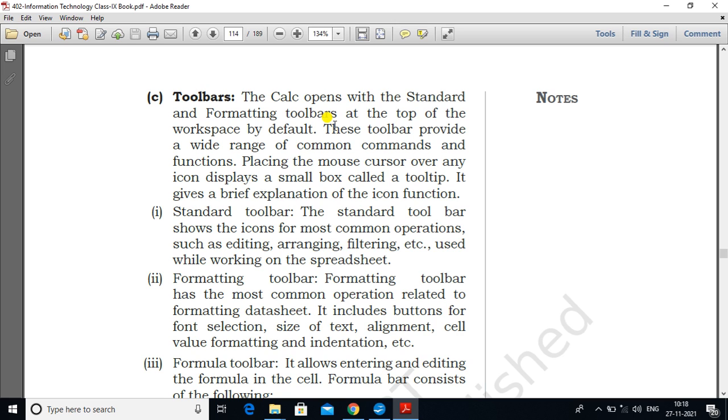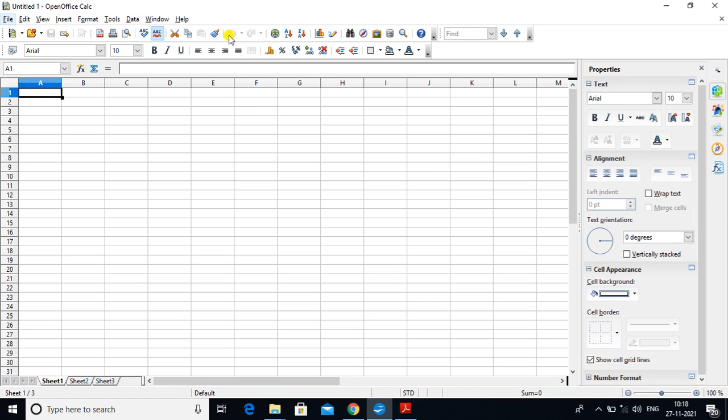You have to remember this also. It gives a brief explanation. The standard toolbar shows the icons for the most common operations such as editing, arranging, and filtering, used while working on the spreadsheet. These are all the icons present in the standard toolbar.